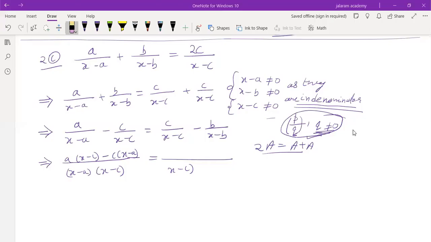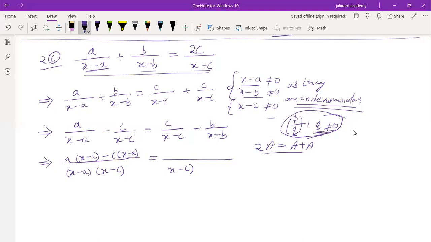First we write the equation: a upon x minus a plus b upon x minus b equals 2c upon x minus c. Is that clear to you? Yes, sir. Then we consider all the terms in the denominator, x minus a, x minus b, x minus c,